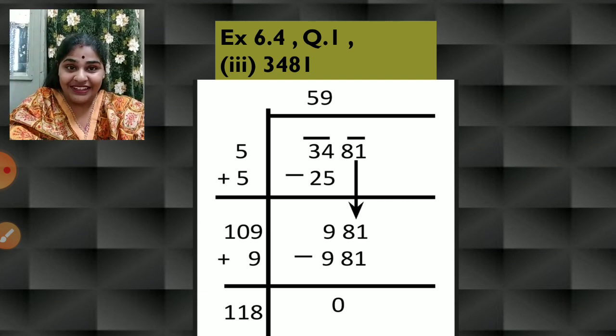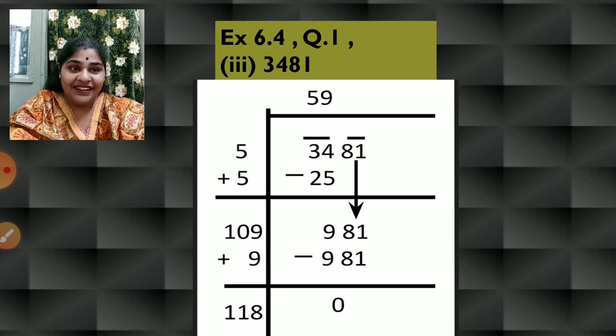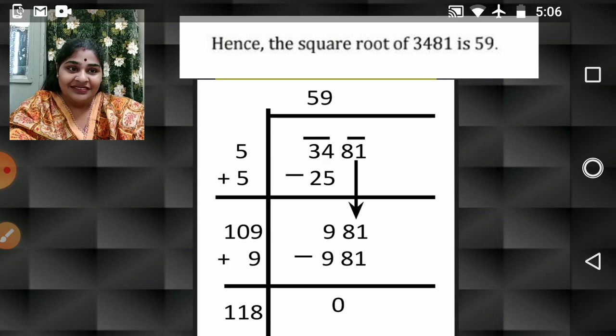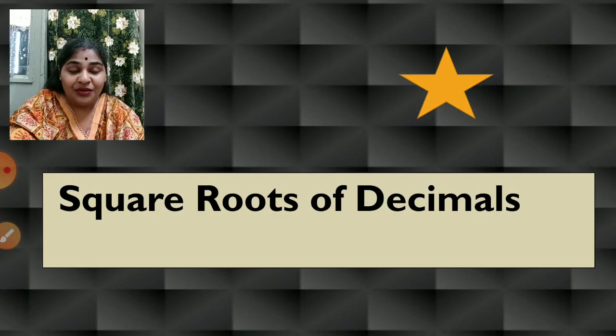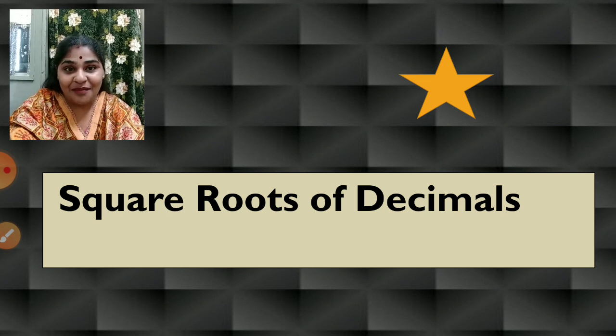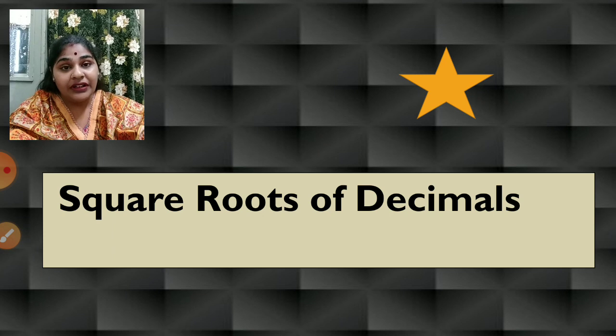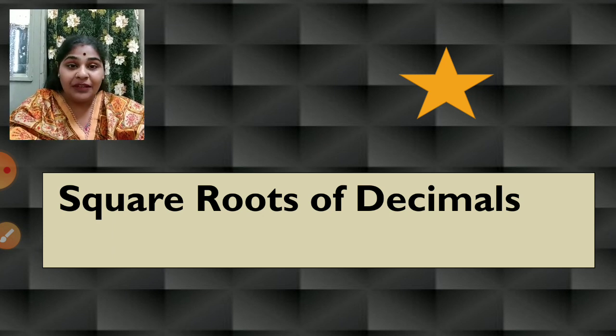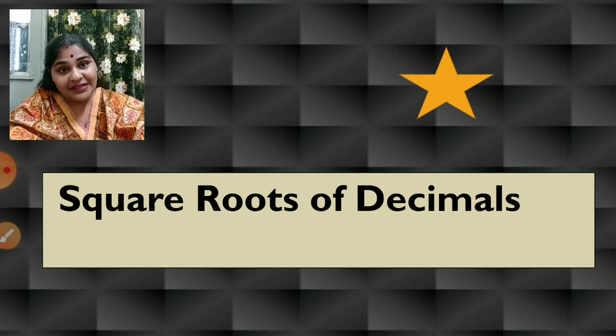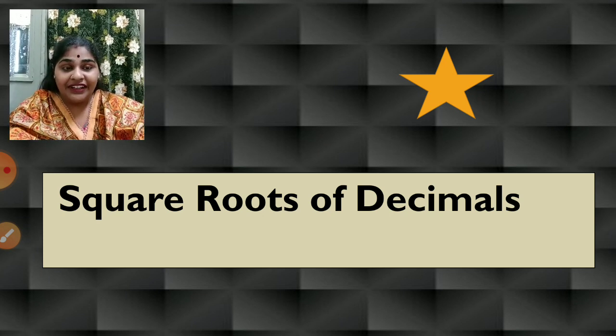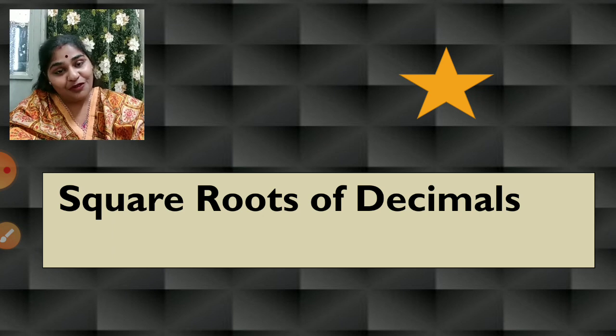So let us proceed with our next topic, which is again very important, children. That is square root of decimals. Okay, so I have given a star mark, very important again, right? Finding the square roots of integers is also equally important. Very important these topics are. Okay, so now let us find out for decimal numbers how to find the square root of the given number.